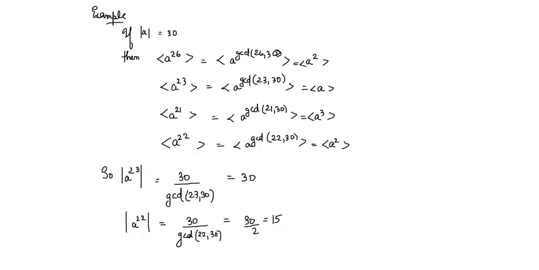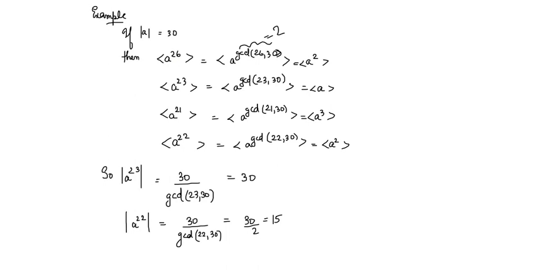Now we see an example for that. Suppose the order of an element is 30. So you want to find out the order of other numbers, or which other powers are the same cyclic groups, if you want to find that. So you want to find what is the equivalent cyclic group for a raised to 26. For that you just need to find the GCD of 26 and 30. So GCD of 26 and 30 is 2.